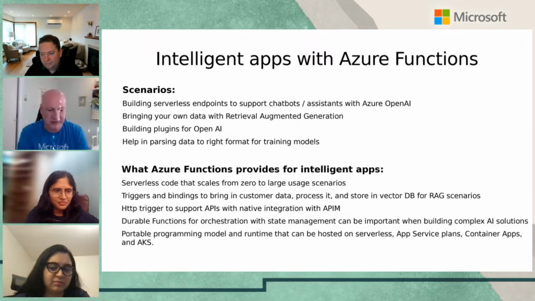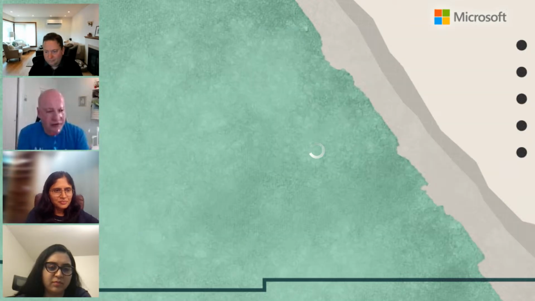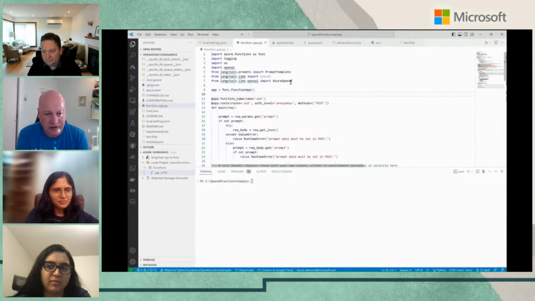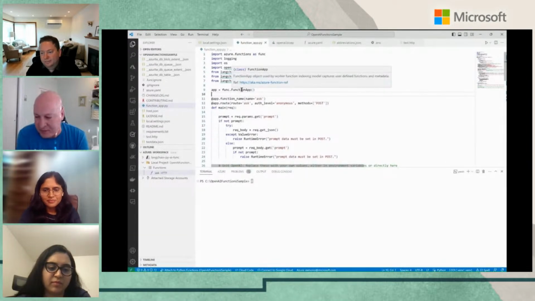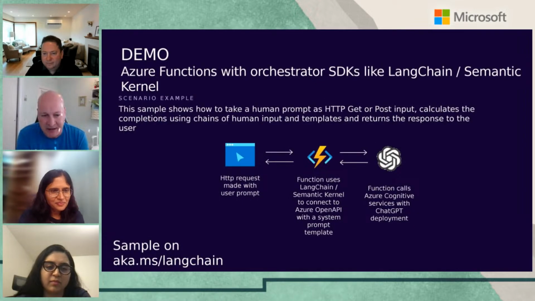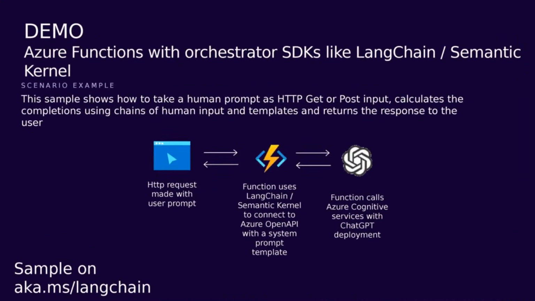Okay, with the last couple of minutes, I'll just show one of the demos that's available for you to go and try today. So actually, I'll go back to the deck because I think we only have a couple of minutes, and maybe I'll just walk through it and I'll put a link out to where customers can try it as well. So in this slide here, you'll basically see a demo that Paul has actually built. It's up on GitHub for customers to use and to try out when they're using functions and trying to get a sense of what does it mean to actually integrate into Azure OpenAI?